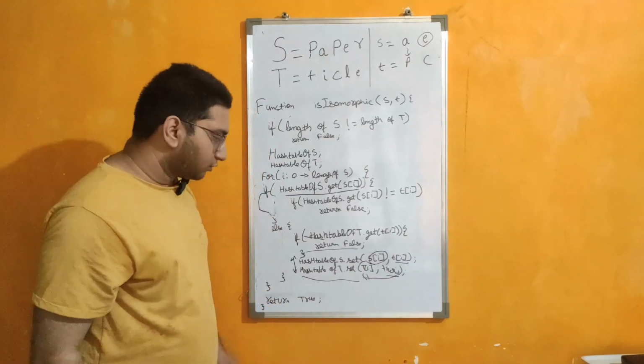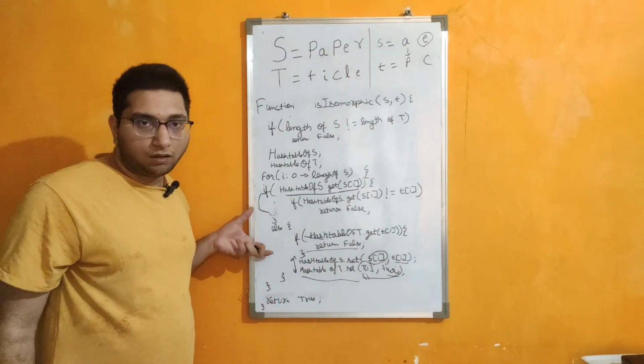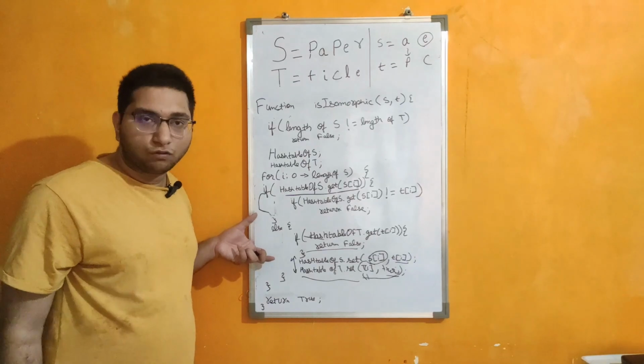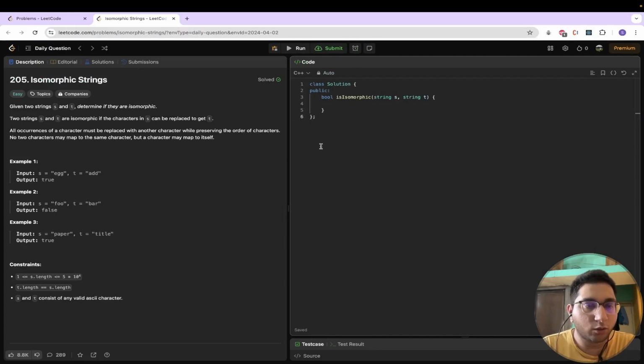So after the for loop, if there is no faulty behavior over here, then we will return true in the end of the function. Okay, let's quickly code the solution. So first we will do the early return